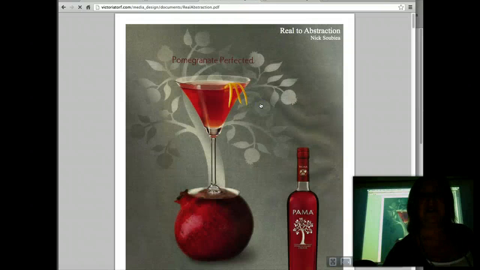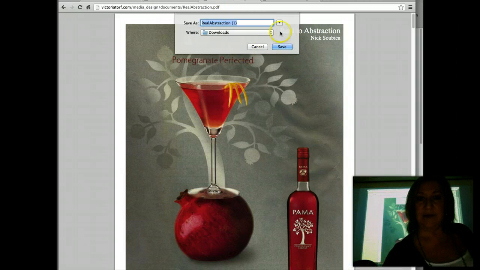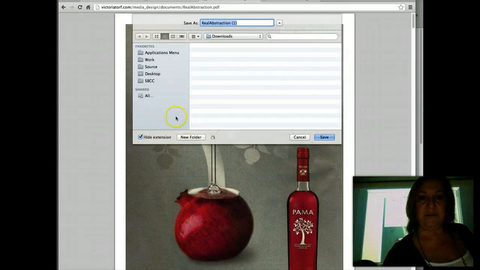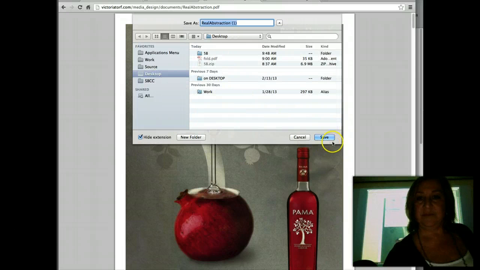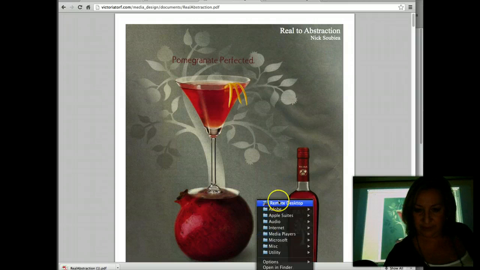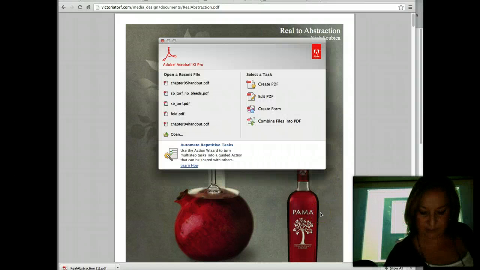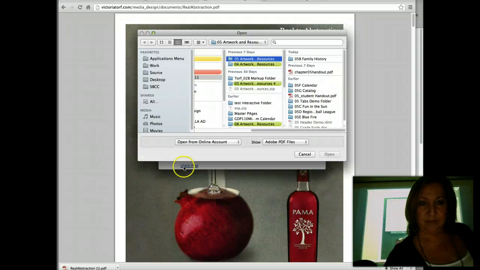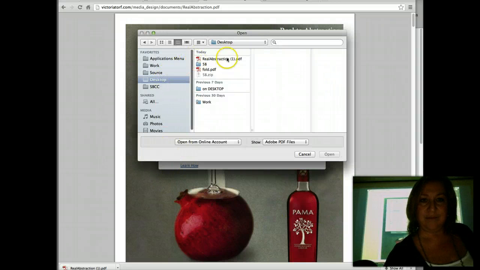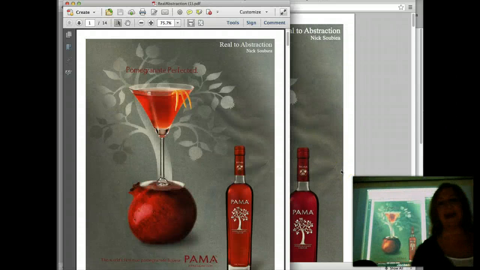So here's a student's. It's a downloadable PDF. So here's his ad. Okay, so here's an ad he got.